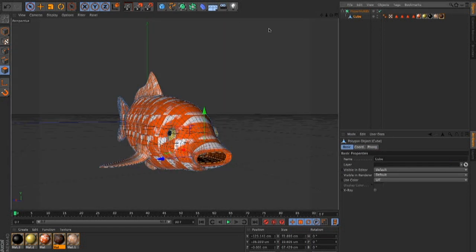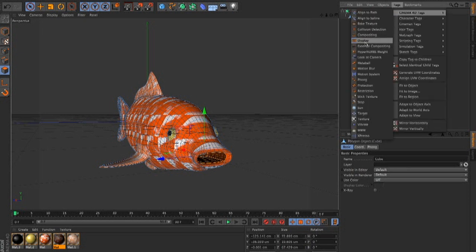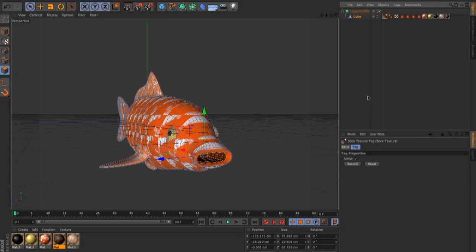One last thing to do, and that is when we start to animate this, he tends to swim through his skin. So we need to go into Tag, down to Stick Texture, and that goes on the cube. And now when we animate him, he'll